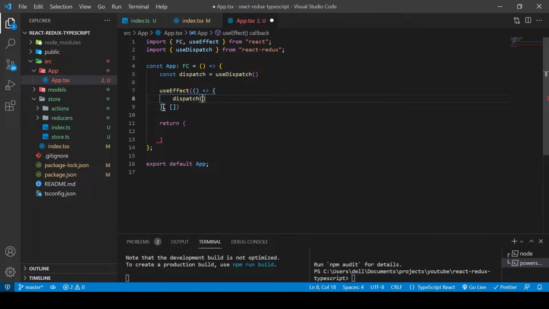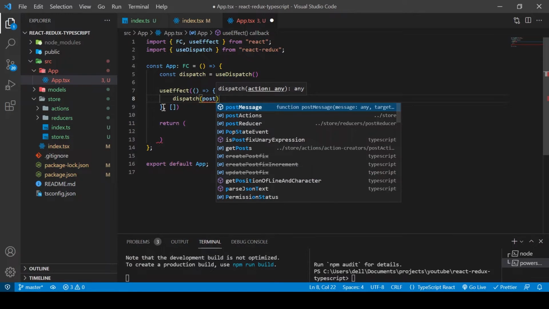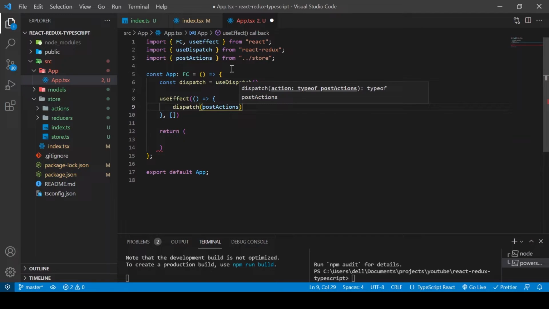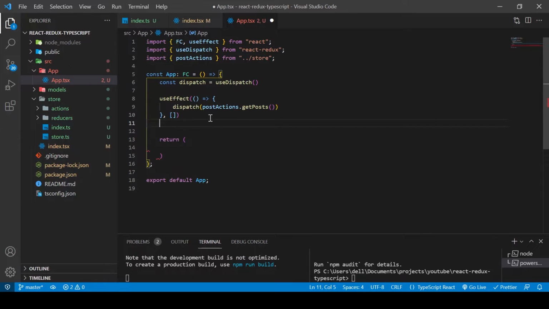So we are going to dispatch an action. So now we have already created an action type. So dispatch needs to take in the action. So we'll go into post actions dot get post. So post actions is coming from our store. So now this, once the component mounts, we are going to try to fetch our post,